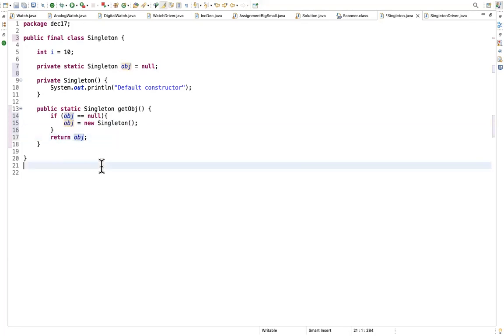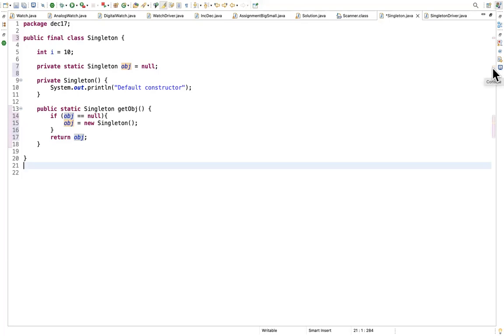Okay, so what did we do now? How did we tweak this? Earlier it was accessible multiple times, so I'm making it only one time. Right now my class is final. Second, to access your object anywhere within your class, I'm making it static. And I'm adding private because, since the class is final and whenever I create an object outside this, then the singleton obj would be accessible. I don't want that to happen, because every time obj would be null, and there's no purpose to have that visibility available to anyone outside this class. So I made it private. And now whenever I'm creating an object, I create it only if it is null.